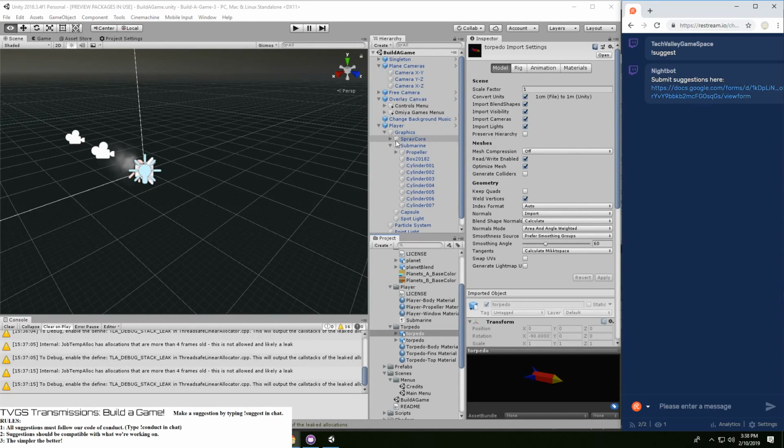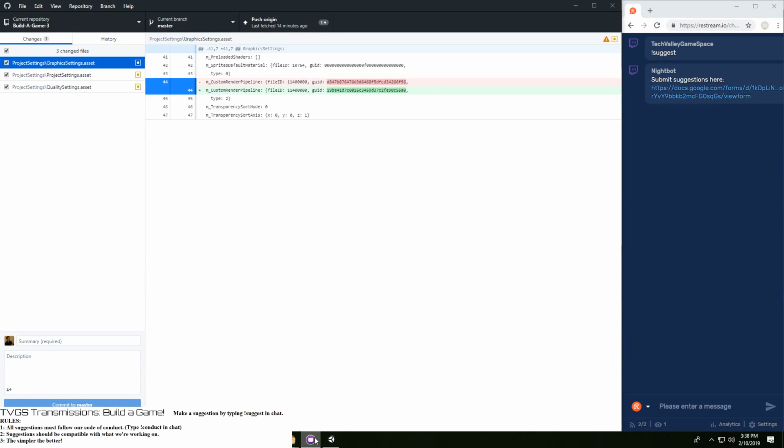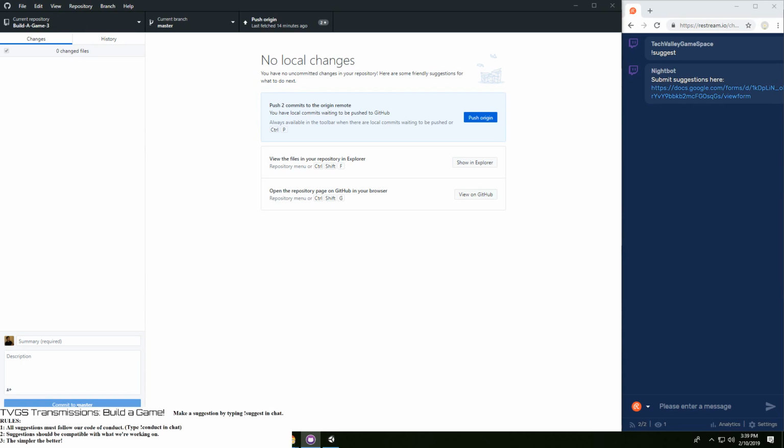Okay, well, I should be able to solve this on my other computer. So let's bring up GitHub real quick. Let me commit this. Updated graphic settings, the submarine obj file.